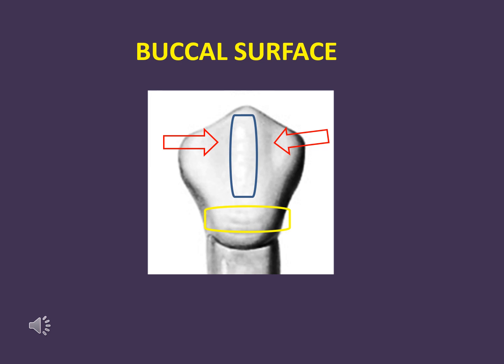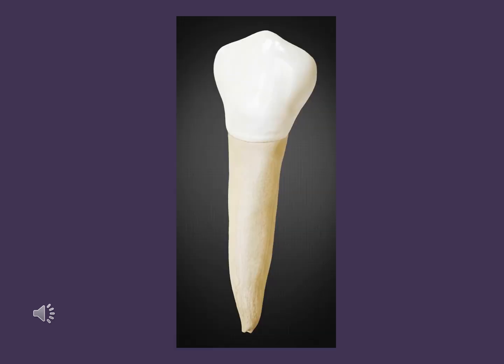You can see a developmental groove that is present mesial and distal to the buccal ridge. I have made an arrow marking that indicates the depression area, that is, the developmental groove present on either side of the buccal ridge. The root is conical from the buccal aspect and it is wider and longer, ending in a blunt apex. A rare distal inclination is seen in the apical one-third.